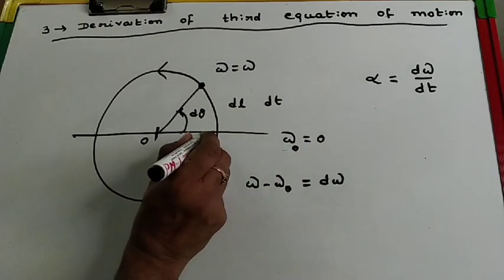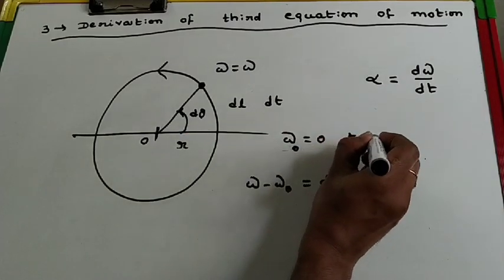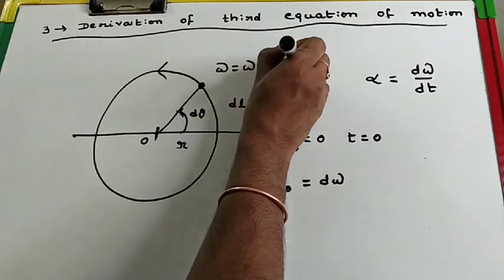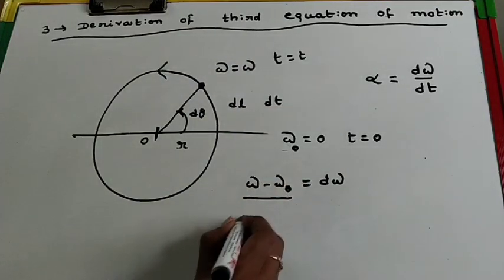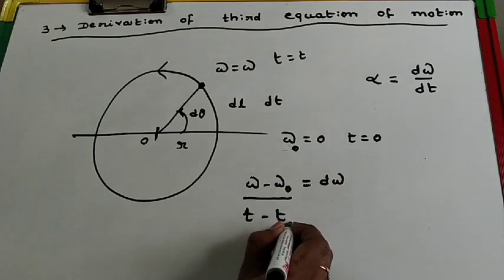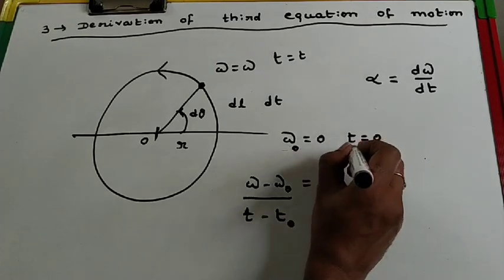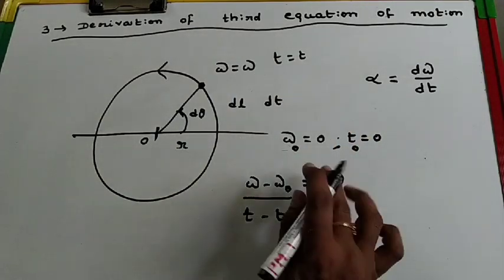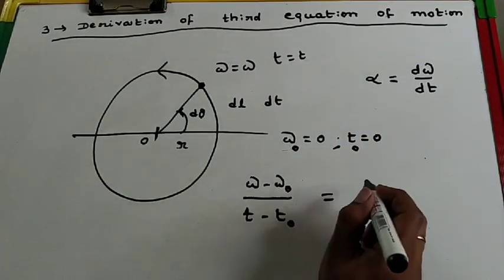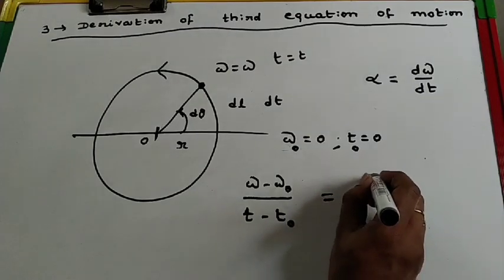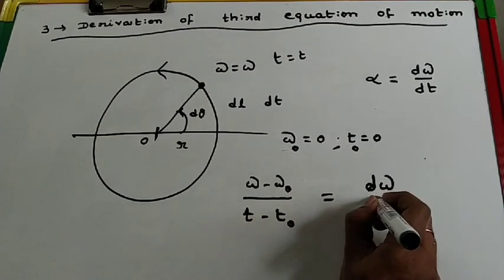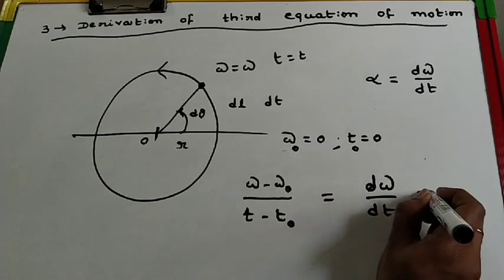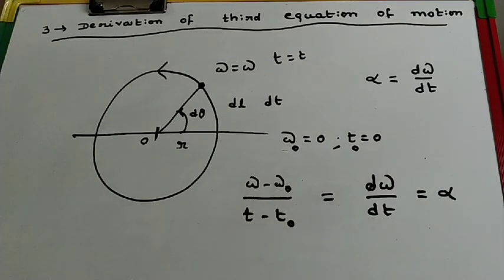So the time taken: initially t is equal to 0, finally t is equal to t, so t minus t naught gives dt. That gives d omega by dt, that gives alpha. Therefore, the angular acceleration